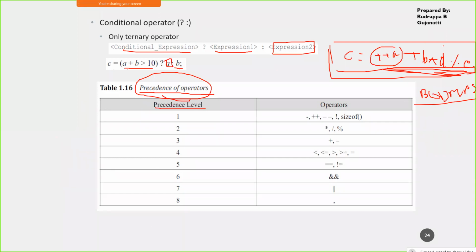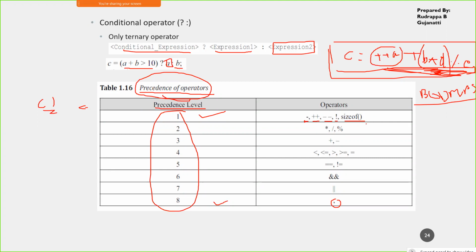If you have a bracket somewhere in the expression, that will be executed first, and then you continue with the rest. Here you can see that the highest precedence level is given to the minus symbol, increment operator, decrement operator, the not operator, and the sizeof operator. This is the highest level, and the lowest one will be the comma.